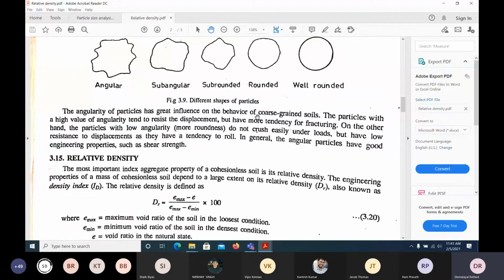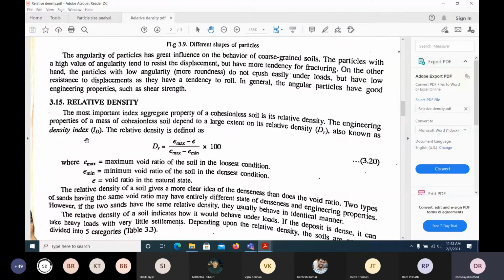Okay, how to find it? Now the next term is relative density. This is the most important parameter for a sandy soil. For a sand, we always talk about the relative density, and while doing experiments also, when you do a project in the laboratory. Suppose I ask you to work on the sand with a given relative density, you must use this and so on. We'll conduct some experiments. Our PhD scholars also conduct some experiments.